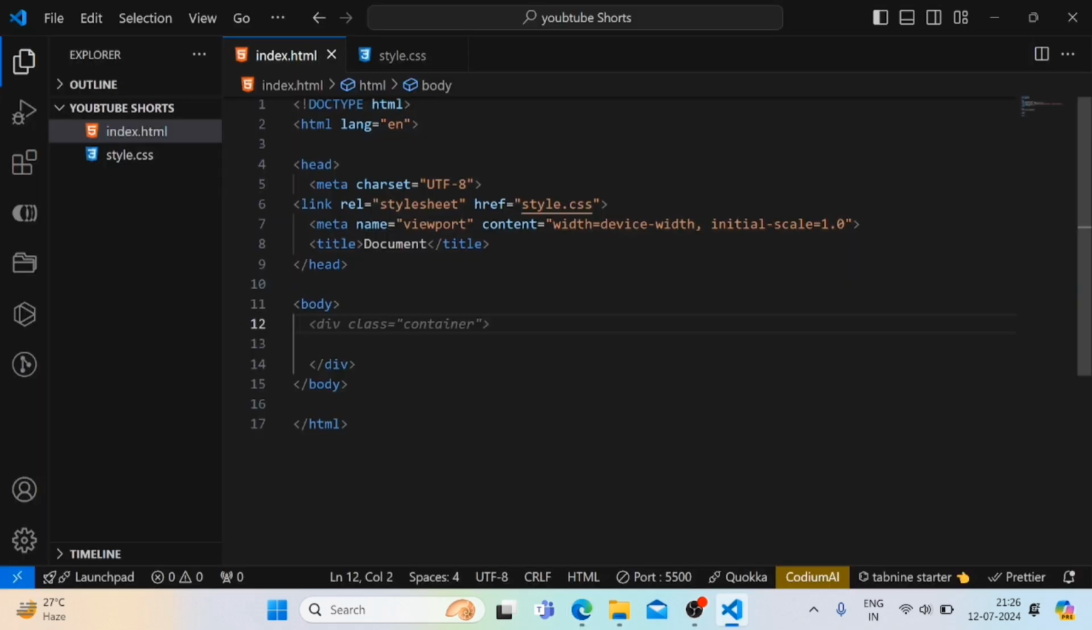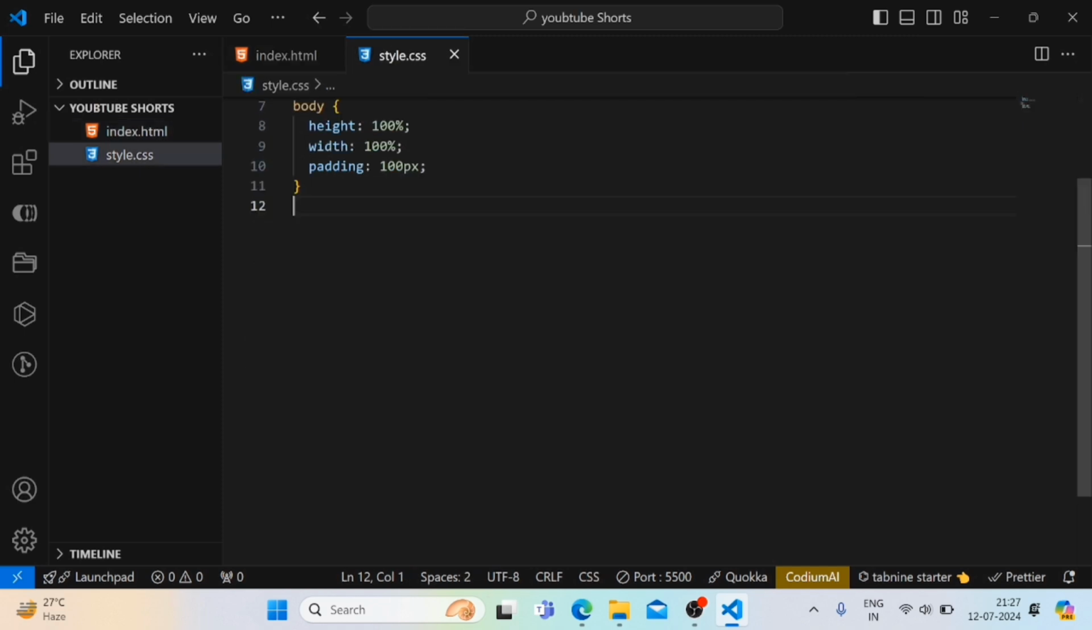So here let's create one div. Let's give the name heart. So I have created one div here with the name of heart, and in our CSS I will target that div. So let's give .heart,